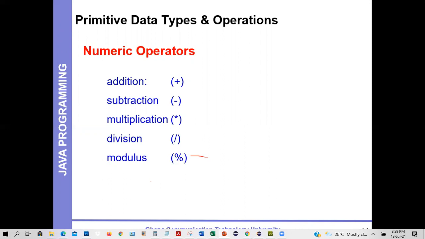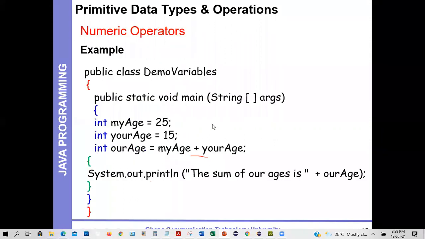So if I divide 5 by 2, I'm going to get 2 remainder 1. So it's the remainder 1, and the remainder 1 that is the modulus, not the answer, not the division between 5 and 2. It's a very important operation in programming, and so you'll be coming across it again as we go along. So these are, of course, they don't need any explanation because they are the ones that we know all the time. So let's look at now a simple